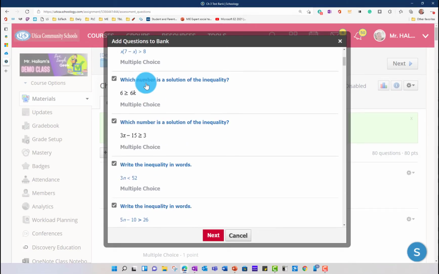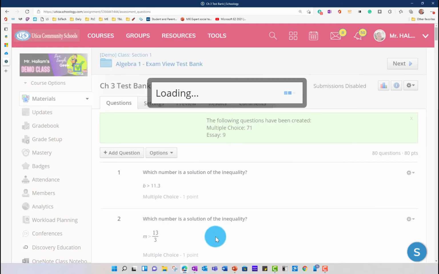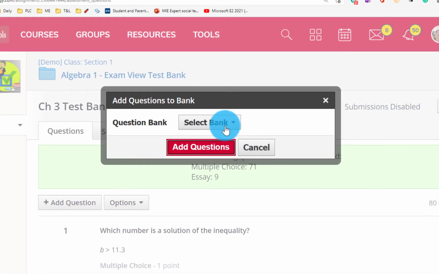And it's going to first ask you which questions. We want all of them because this is our entire test bank. So it's already selected all, but you can see there's a select all button if you'd like. You could pull certain ones out if you'd like to, but we're going to go ahead and click next. And then it's going to ask you to identify the bank that we want to put them in. So that's why we created the bank before we got to this part,